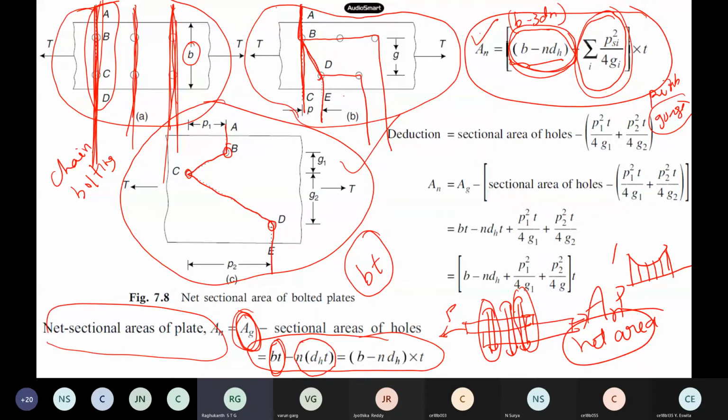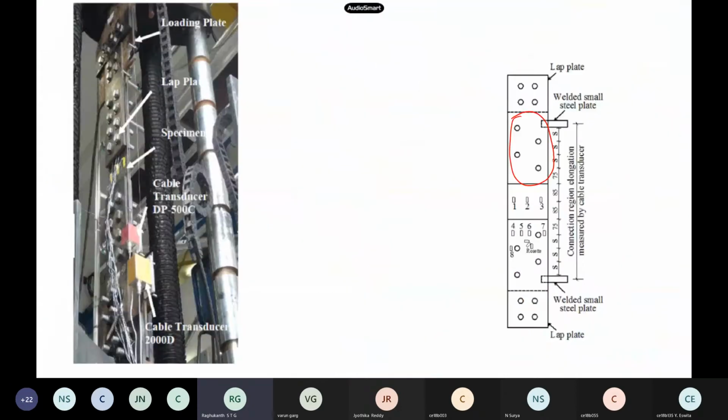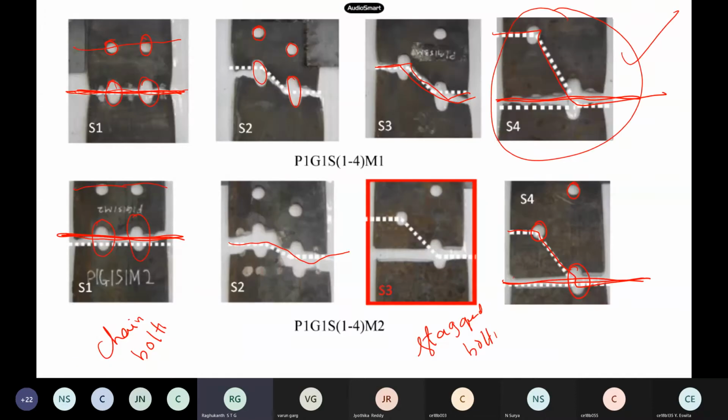What is this formula based on, which theory? It is essentially for staggered bolting. P square by 4G, Cochrane's formula. And what is the theory? Failure theory? No. Von Mises, we remember, we told you von Mises was the one widely used everywhere. Which theory did this formula come from? Maximum shear stress theory. Excellent. Maximum shear stress is different, so that goes by Mohr circle, sigma 1, principal stresses and others.